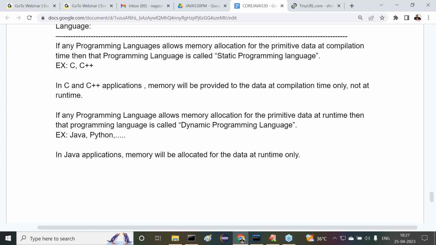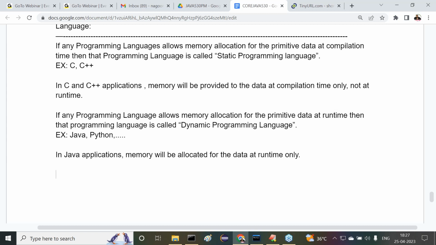In Java, objects are created at runtime, not at compilation time. In Java, objects are created at what time? Runtime, not at compilation time. When objects are created at runtime, automatically memory will be allocated for data at runtime only. Why? Because data will be stored inside the objects.